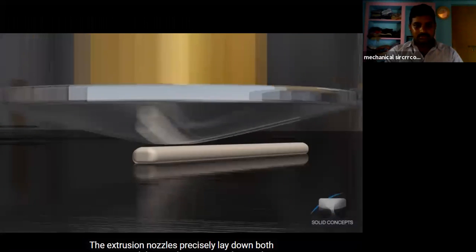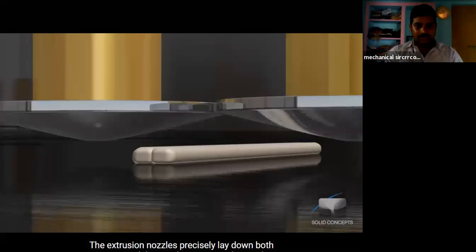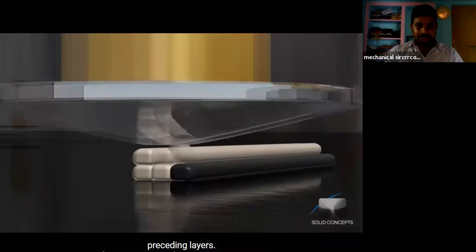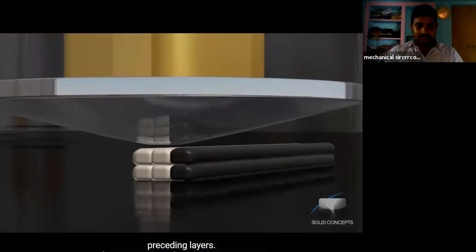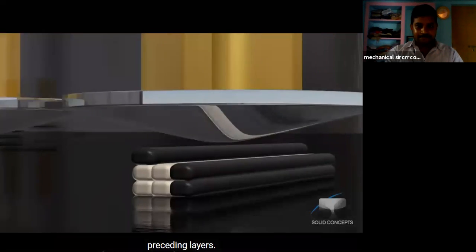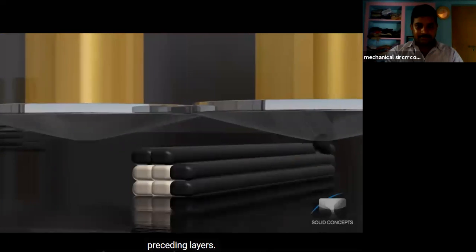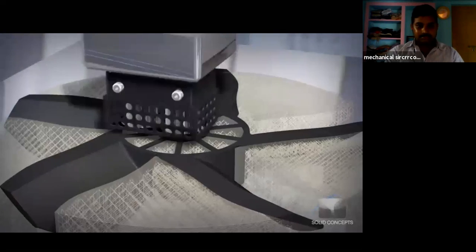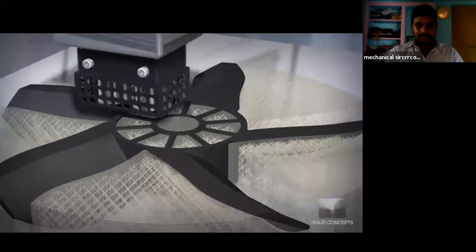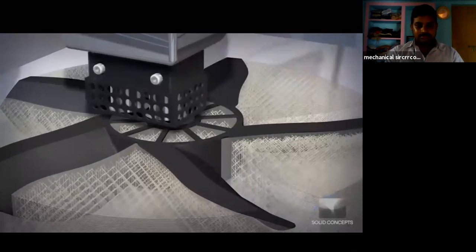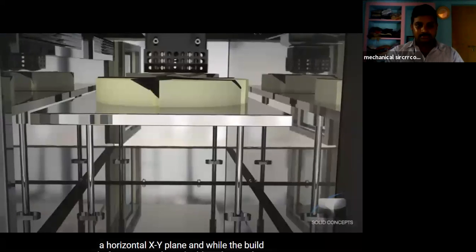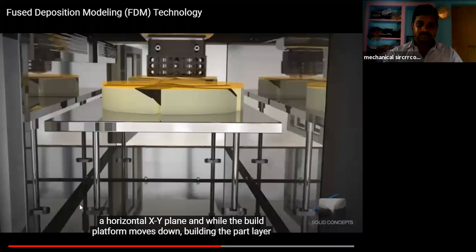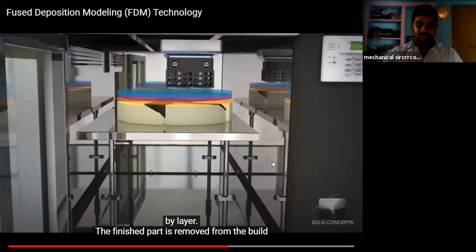The extrusion nozzles precisely lay down both support and thermoplastic material upon the preceding layers. The nozzle continues to move in the horizontal XY plane while the build platform moves down, building the part layer by layer.